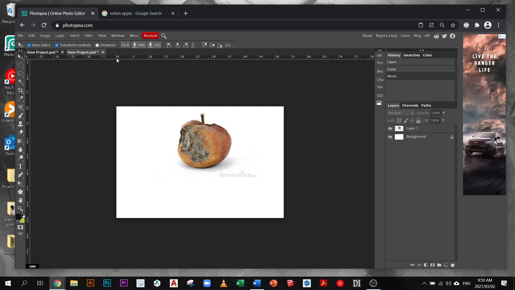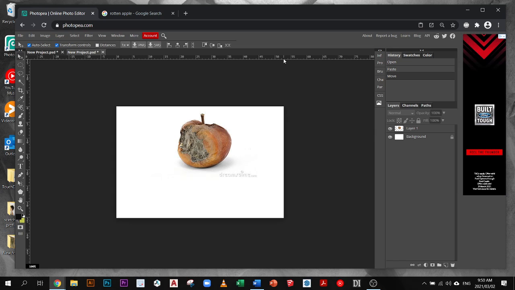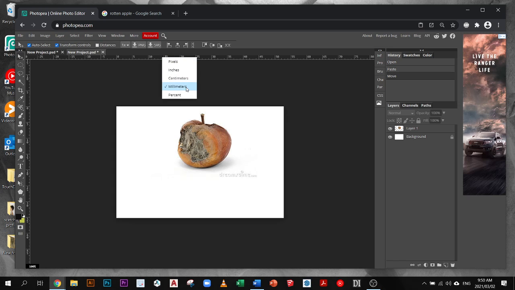You'll see the zero point on my horizontal ruler: 0, 5, 10, 20. I think this is being measured in, it's not millimeters, that's for sure. I think it's pixels. If I right click on it, oh, it is millimeters. So if you want to change the units that you are measuring in, if you're setting up a document